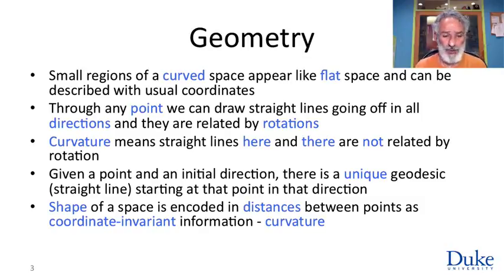And what do these people teach us about geometry? You're talking about the geometry of curved spaces, and we'll give an example and try to make it more clear. But small regions of a curved space always appear like flat space and can be described with the normal x, y, z, whatever number of coordinates your dimension is. We all live on a curved space, for example, the surface of the Earth, but we all use coordinates like street and avenue number in the context of a city, and we can easily describe Manhattan ignoring the